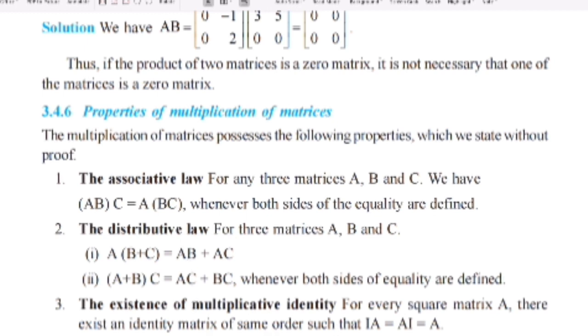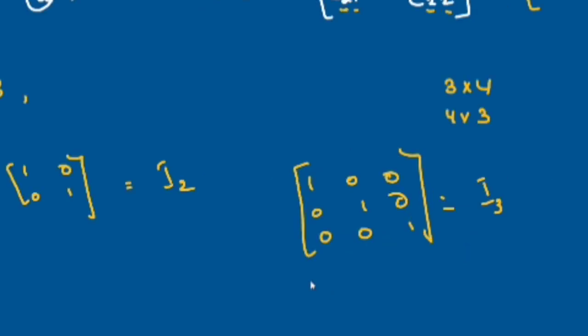What will be the identity matrix? Their additive identity is 0 matrix. Here I stands for the identity matrix. So identity matrix, if it is a 2 by 2 matrix, the identity will be 1 0 0 1. If it is a 3 by 3 matrix, it is this, and this is denoted by I2. So identity of a 3 by 3 is this. This is called the identity matrix.